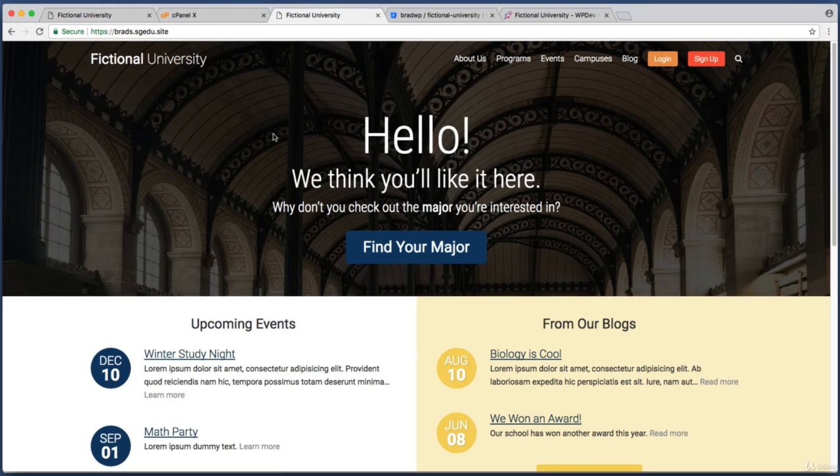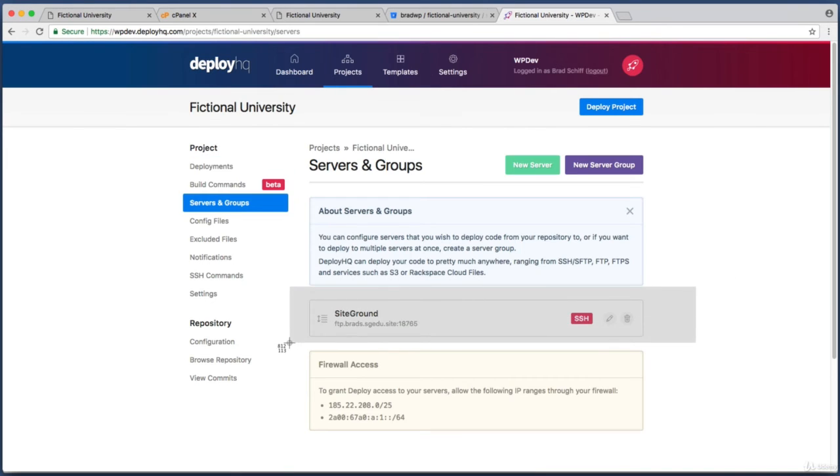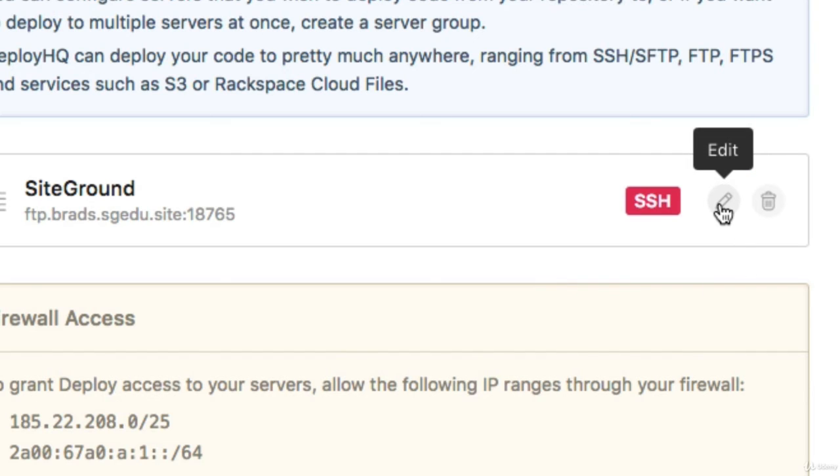And now that we've made that first one-time big deployment of all of our files, now let's set up automatic deployments so that anytime we update the master branch on our GitHub or Bitbucket account, a deployment automatically occurs and only uploads the changed files to our web host. So to set that up, back in Deploy HQ, within our project, let's click on Servers in the sidebar. Right now, we've just got the one server set up, so click the little pencil icon to make an edit